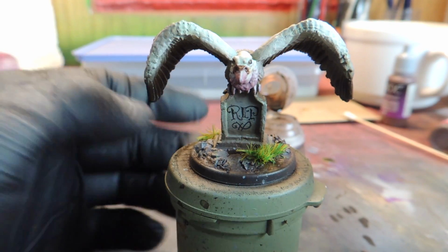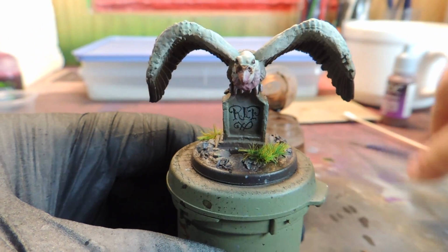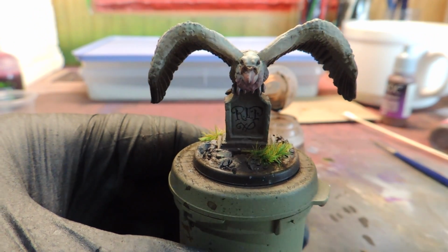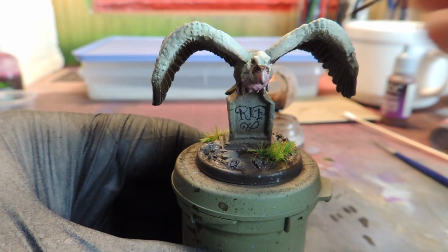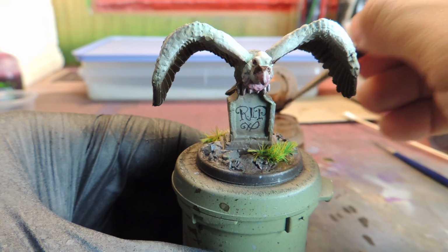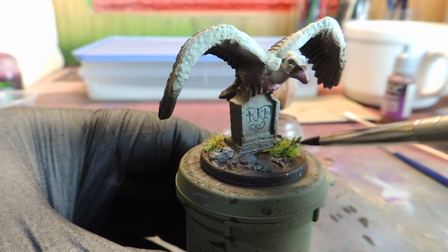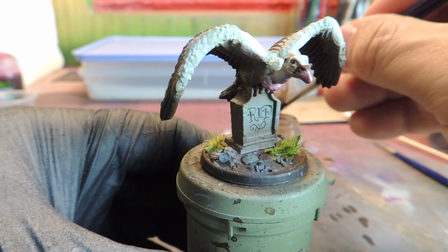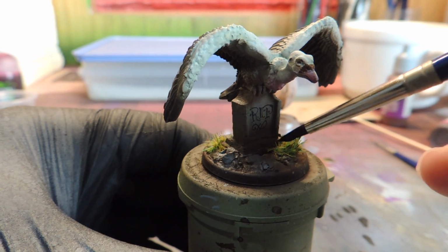And I purposely used a lighter color because I knew I was going to darken it down with a shade. And I darkened down other tufts before with the shade, and it got really dark. So it looked like the ground or caked mud was on it, which I didn't want to go for here. So I tried a spring mix instead of an autumn mix when it comes to the WWS Scenics